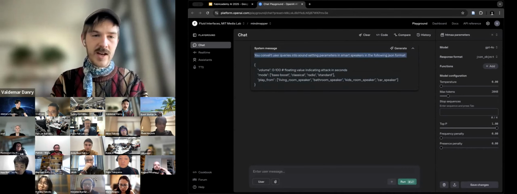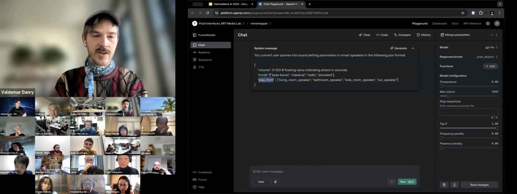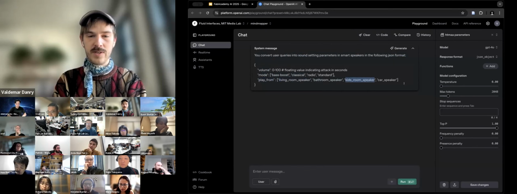So in this case, I have set that the LLM is supposed to convert things the user is saying into sound setting parameters in smart speakers following the following format. So here it can return settings about volume, about mode, like bass boost, classical, radio, standard. And it can also choose where to play that music from, in the living room, in the bathroom, kids' room,